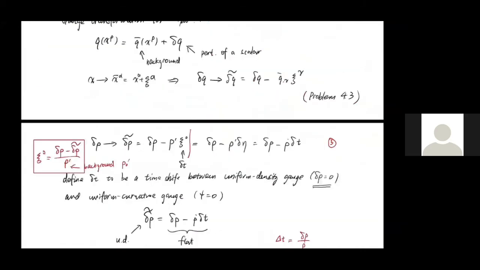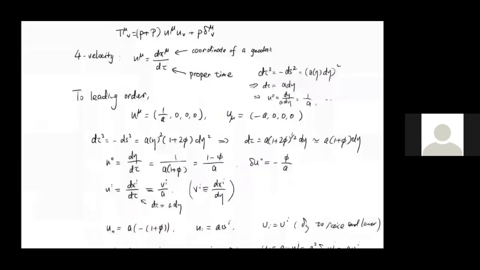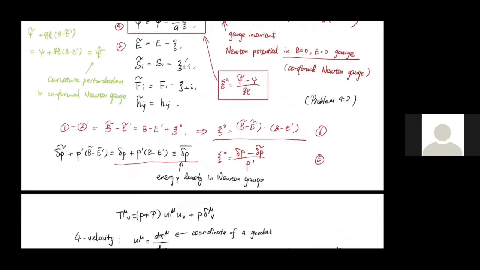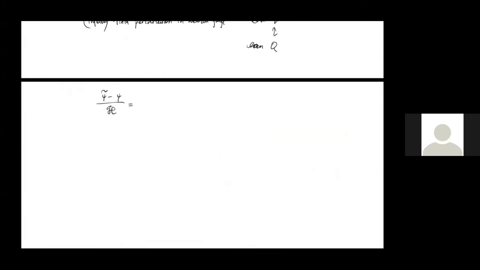We have, let me make sure that the sign is right, psi tilde minus psi, but delta rho minus delta rho tilde. Then you have psi tilde divided by psi plus